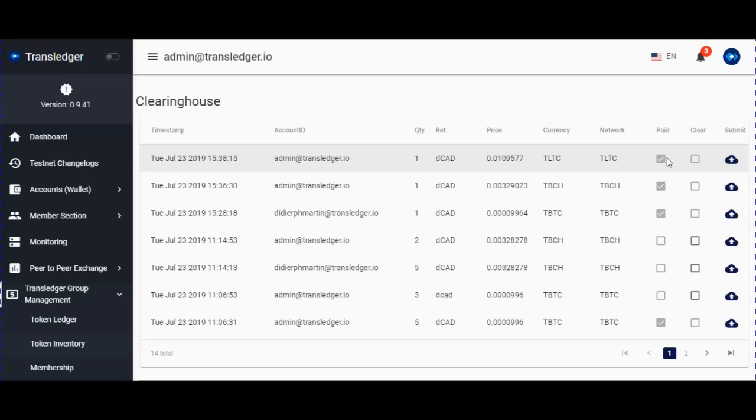We recommend that the clearinghouse be done automatically instead of manually, just to prevent accounting errors. The guy may do the transfer using an external whatever, and then that's it. Big problem: you forgot to mark it there, and your whole accounting system is screwed up. Numbers don't match anymore. So it's better if it's automatic, and as soon as payment is done, the token is issued.